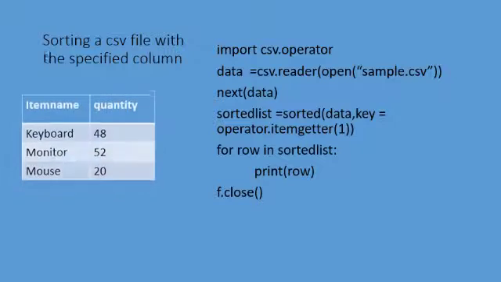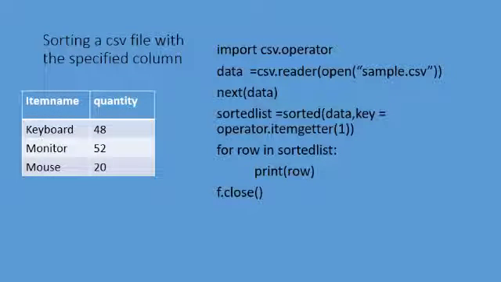So here, see the zeroth column item name, and quantity refers to the values 48, 52 and 20. These are the values stored in the Excel file. Now you see how the output will be. First one, mouse 20, keyboard 48, monitor 52. So in the previous example we have seen only the values, but here along with the data, keyboard, mouse, monitor, that quantity value will be sorted. In which order? Ascending order. This is called sorting using the sorted function, and here I am using a special method called operator dot itemgetter.